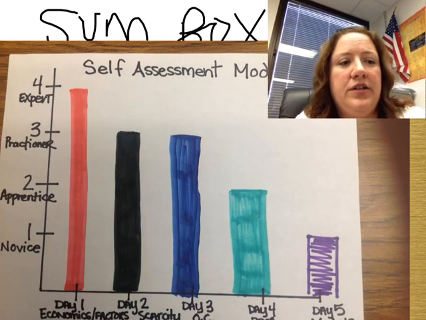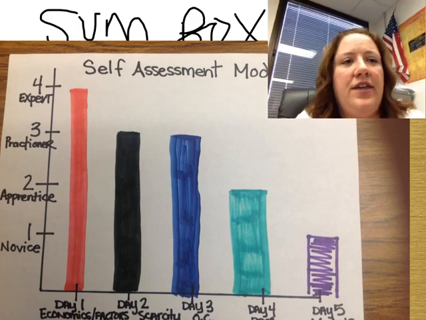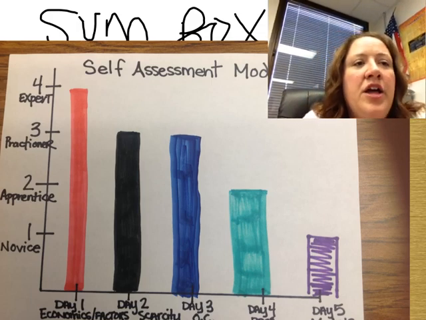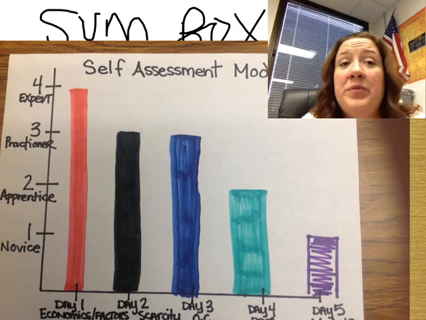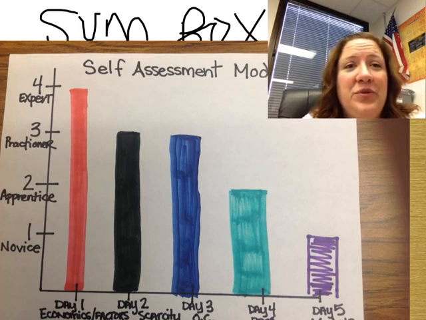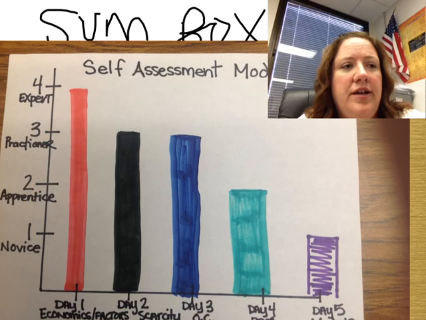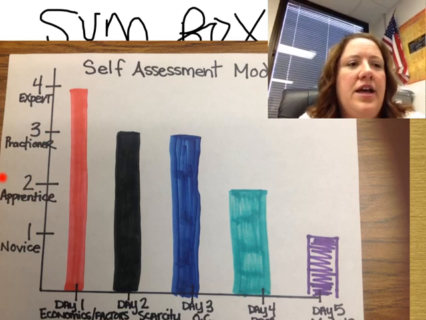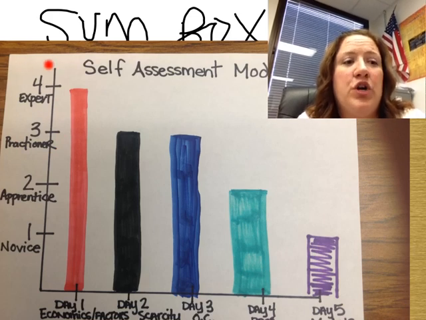Make my picture smaller here. I don't know if you can see that. Okay? But go ahead and draw this in your summary box, and it doesn't have to be huge. Okay? It would be nice if you use colors, but whatever works for you. You can see that I have your levels there. Okay? Going right up here. Am I a novice, apprentice, practitioner, or am I an expert?